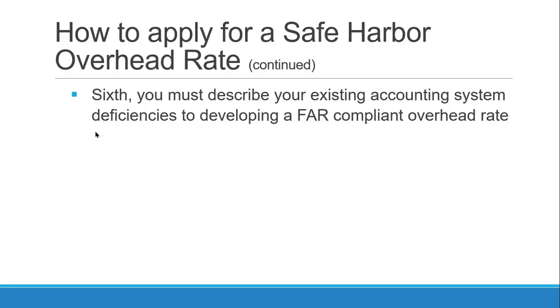The sixth thing you must do is describe your existing accounting system's deficiencies and why that's an impediment to developing a FAR-compliant overhead rate. As we previously discussed, when you go through and fill out the ICQ questionnaire, or the internal controls questionnaire,